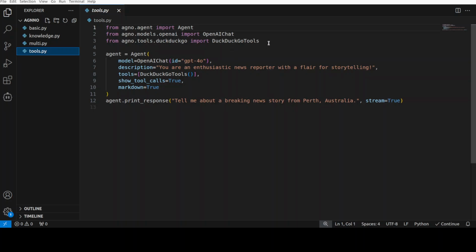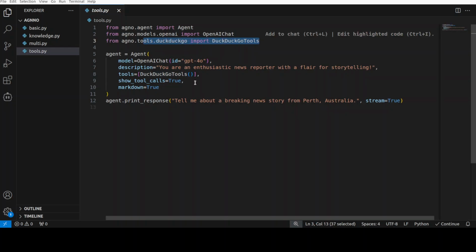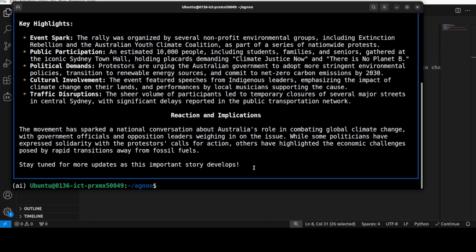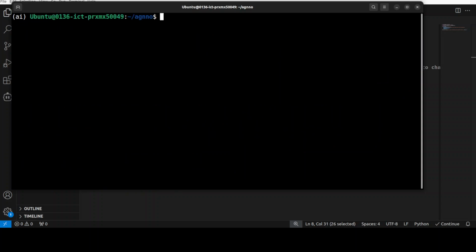So in this case, we are just going with this headless browser DuckDuckGo. It's an open source browser, and we are making a web search. And I'm asking it to tell me about breaking news story from Perth. And the difference is that this time we are using these tools in this line number 8 with this agent spawned by Agno. So let's go here, and then let me clear the screen and we can run this with